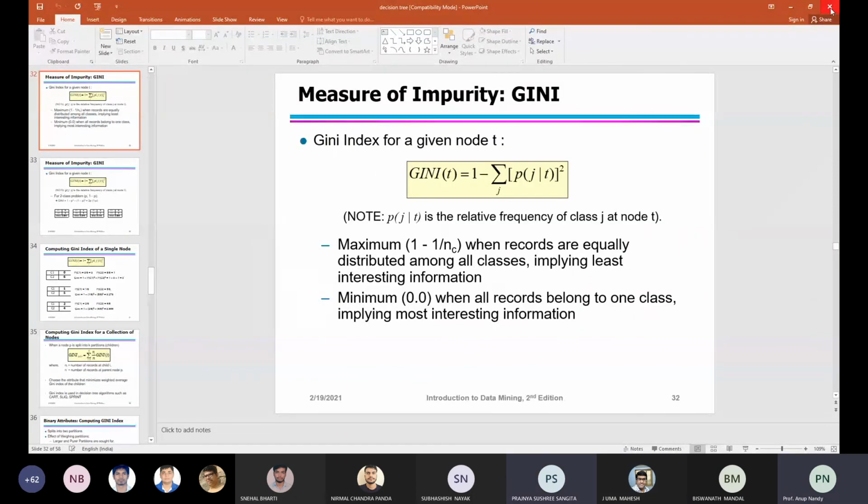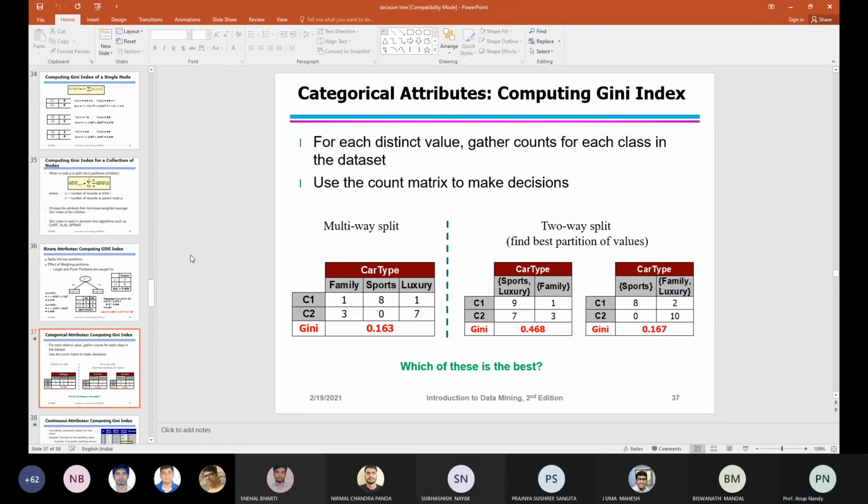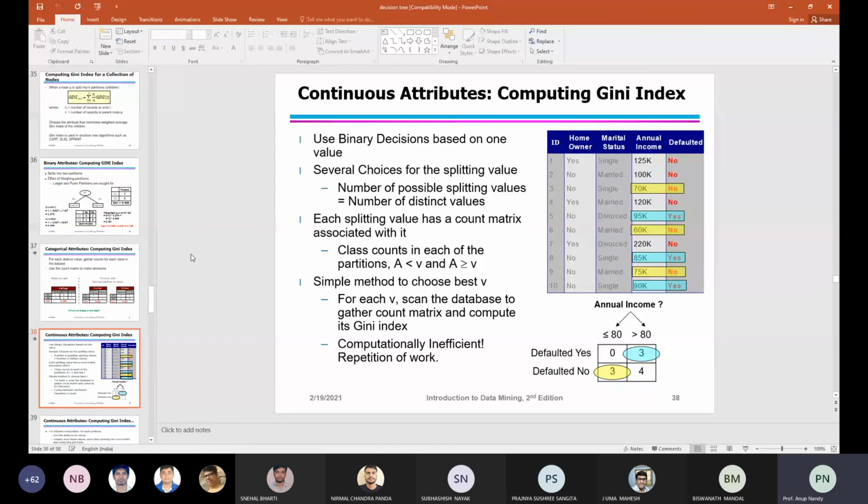Sir, the statement you made, that Gini index is inefficient, holds when we have more than one continuous attribute, right, sir? More than one continuous attribute. Is it true? No, you can apply Gini index.